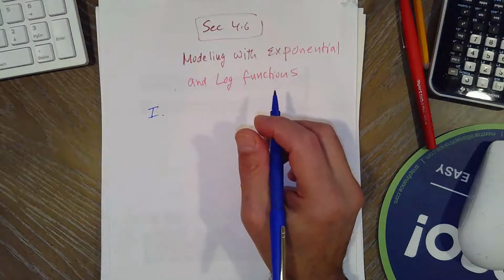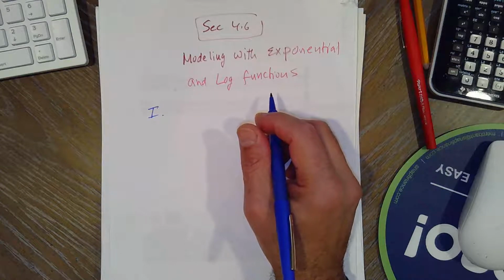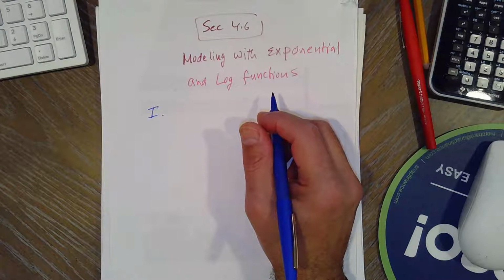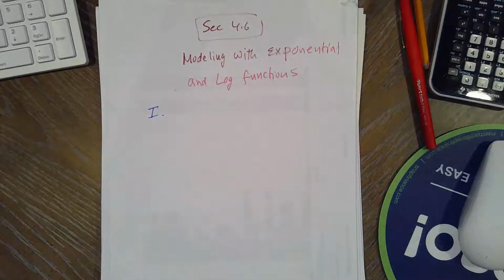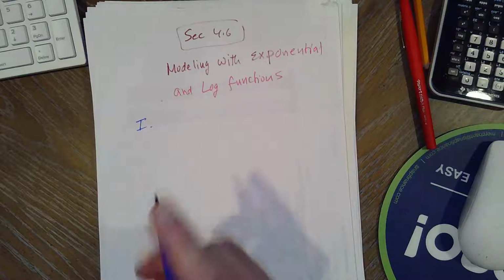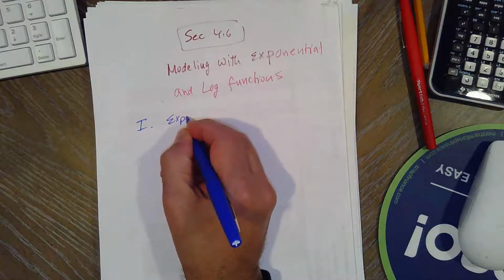There's different kinds of applications. There's exponential growth and decay. There's Newton's law of cooling. So we're gonna go over those, and you will be given the formulas on the test. So let's start with exponential growth and decay,